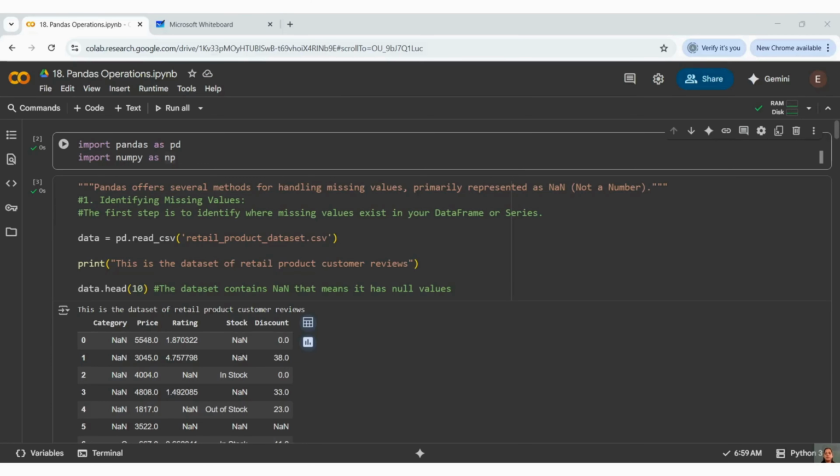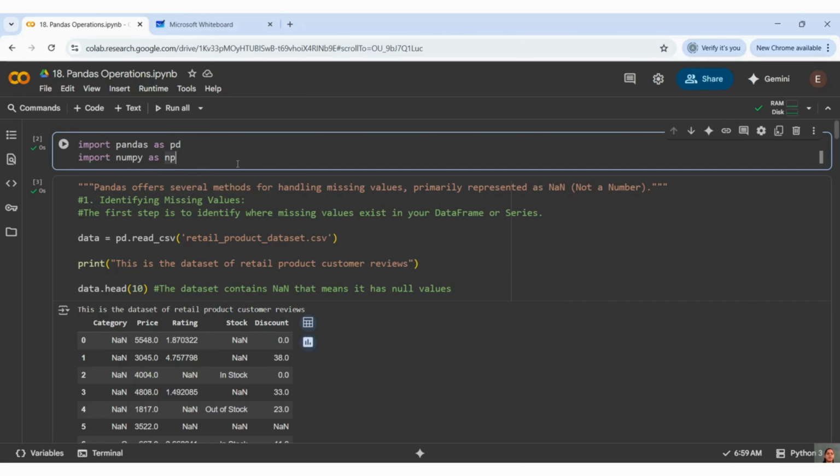Now we are going to learn about additional operations in pandas and we will cover that. So let us start with the topic today. There are a few important operations to understand pandas more deeply. So we will understand them one after another with different kinds of examples.